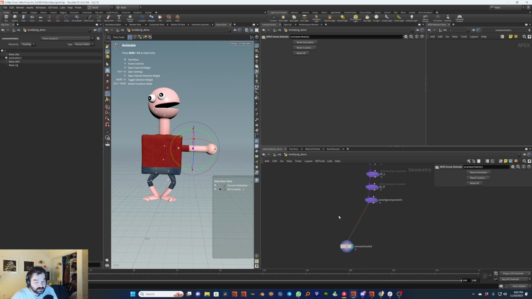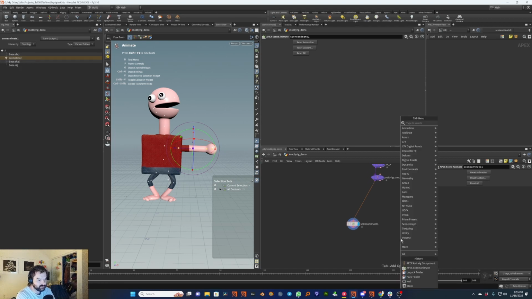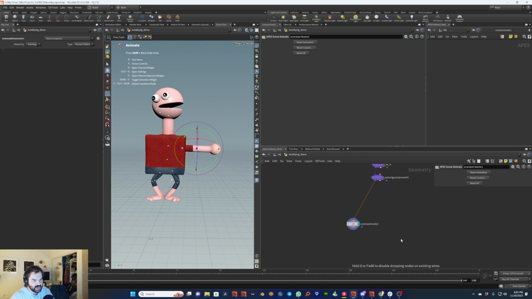There is one more thing that I should do for good measure, which is right now you can see everything stored as geo in these packed folders. You see we have the base shape, the base scale, the base rig, and now we also have this animation. That's cool. Now, what I would do before the scene animate, though, actually, is do a character add,